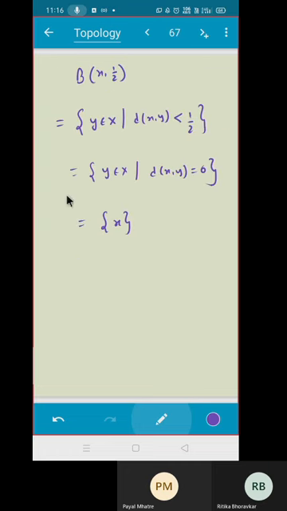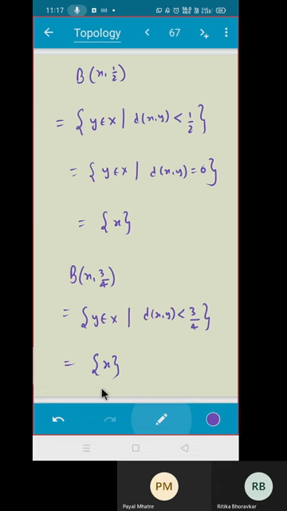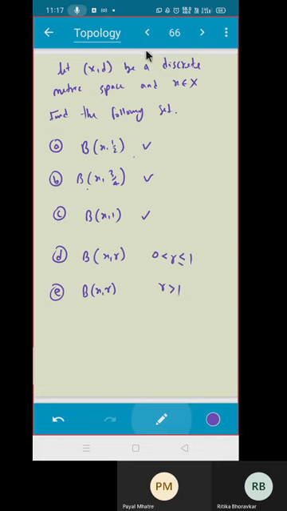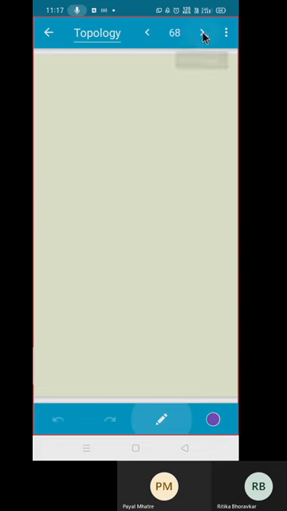Let us see the second. What do you think the answer is? 3 by 4, again it is less than 1. So now do you understand the trick? Less than 3 by 4 means what? It is equal to 0. Yes, done. Do you agree? This is a singleton set. It contains only the center. Is that clear? What next? Less than 1, which is also the same. The fourth one is also the same, sir.